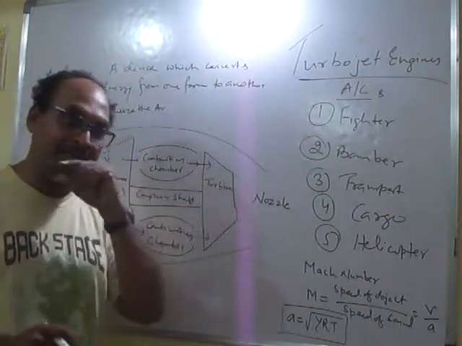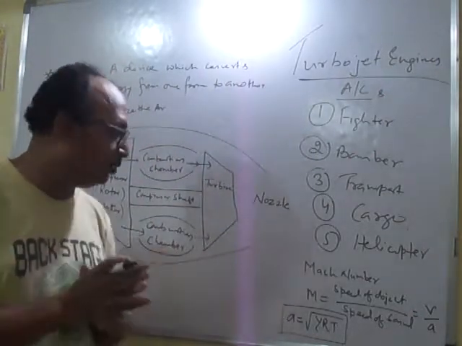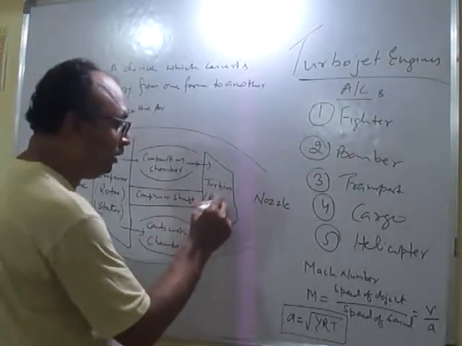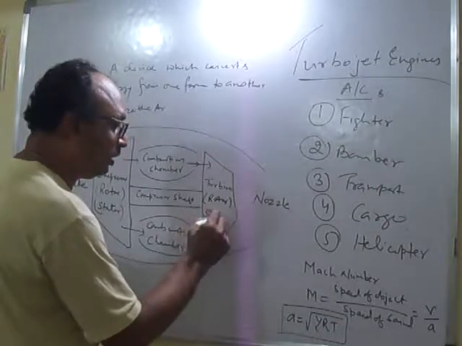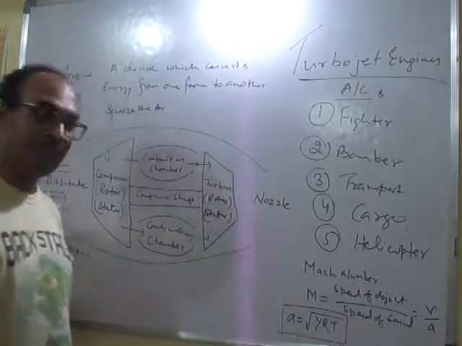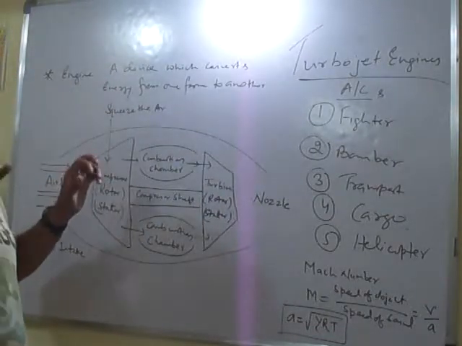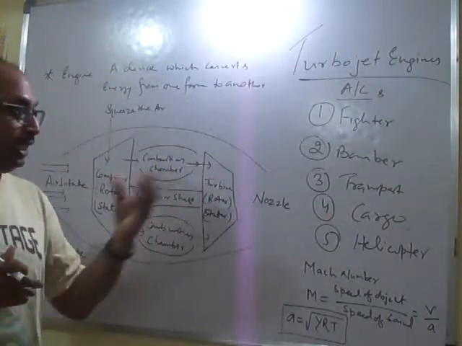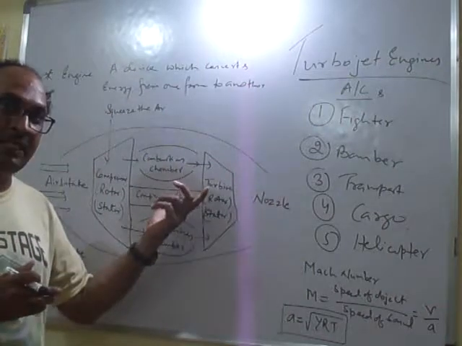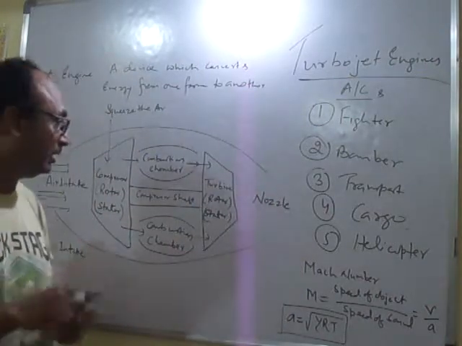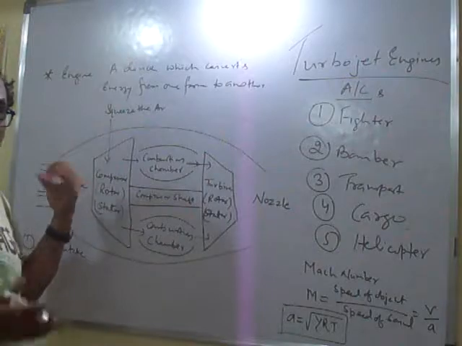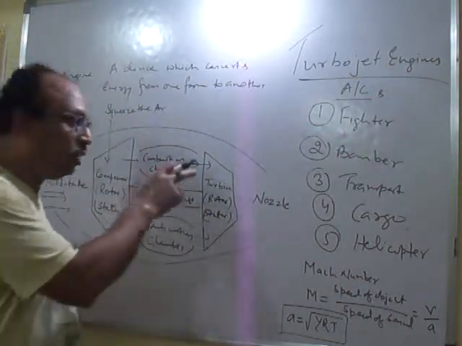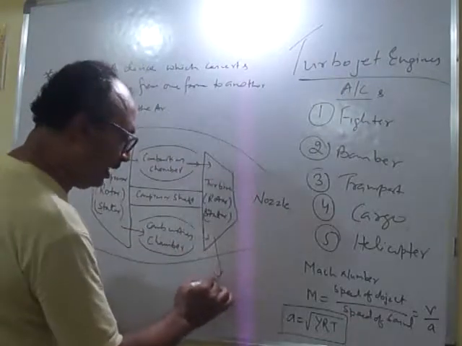Again in the turbine, there will be a rotor disc with blades and also a stator. Rotor and stator both are there here also. The role of the compressor is to squeeze the air, the role of the turbine is to expand the air. During the expansion process, the pressure reduces and velocity increases, whereas in the squeezing action, the velocity reduces and pressure increases. So the role of the turbine is to expand the air.